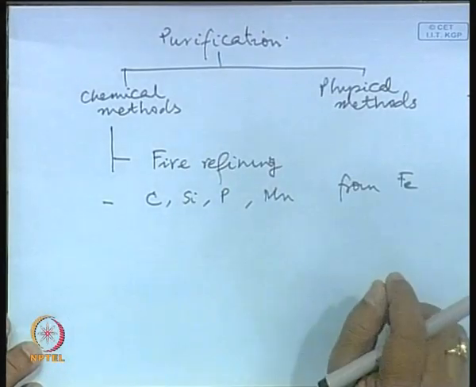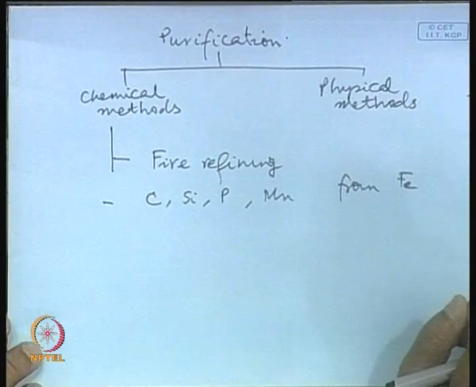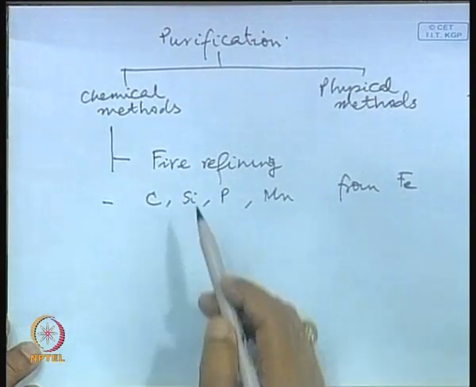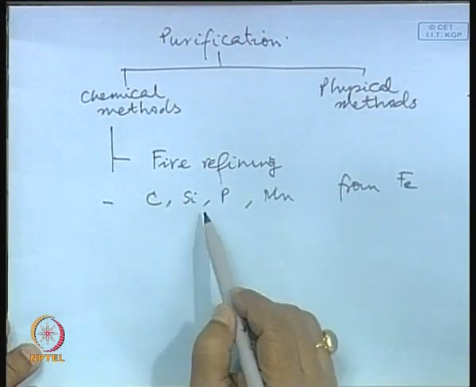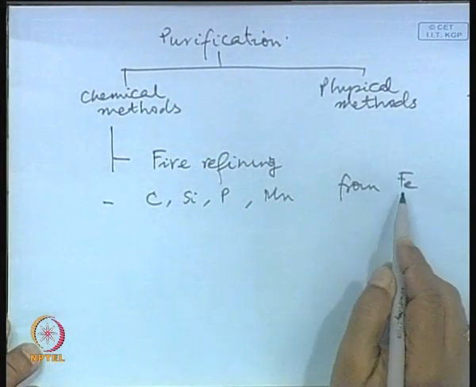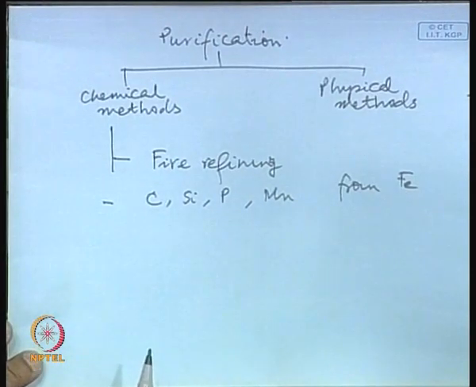We eliminate carbon, silicon, phosphorus, manganese as stable oxides by blowing oxygen, or in the open hearth furnace simply by keeping the metal for long hours under oxidizing conditions. The idea is to produce oxides of carbon, silicon, phosphorus, manganese, which preferentially form prior to forming of iron oxides. Of course, in the process the pool of metal gets very saturated with dissolved oxygen, which has to be removed later on by a process of deoxidation. That is a separate matter.